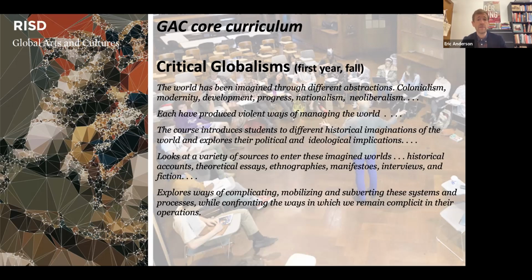So in the first semester, students take a series of core courses. One of them is called Critical Globalisms. It's a seminar that introduces students to a range of critical theories around global cultural production. Just to give you a little bit more of a sense of that from the syllabus,